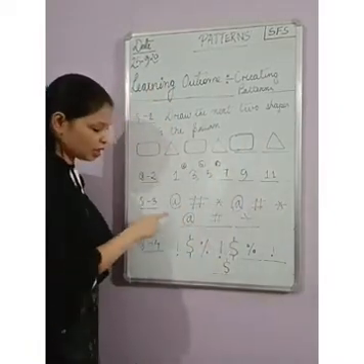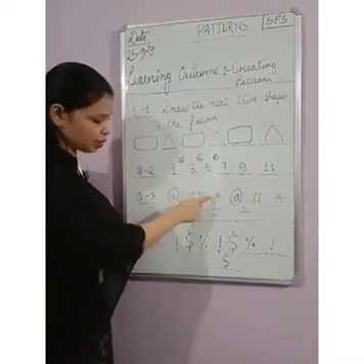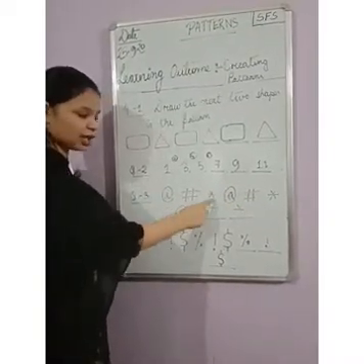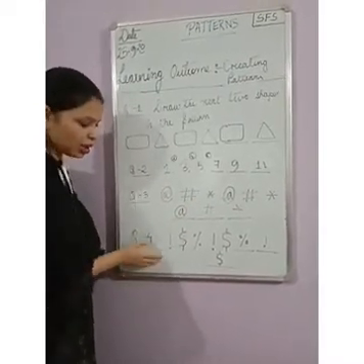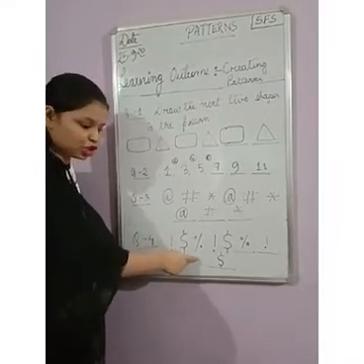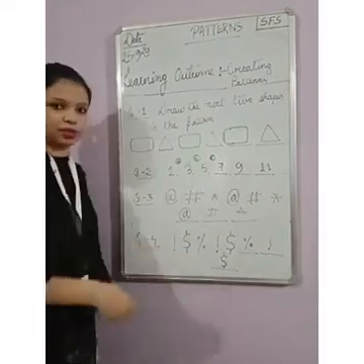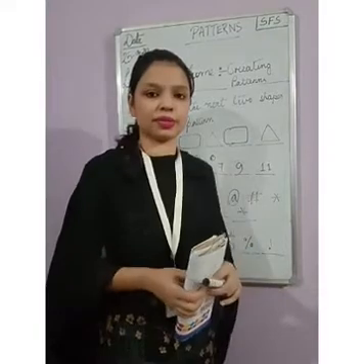Okay, similarly what will be the basic shape of this pattern? We can see 3 different symbols repeated again and again. So at the rate, hash and star will be the basic shape. Similarly, what is the basic shape here? The exclamatory sign, dollar and percentage. These 3 will be the basic shape of the pattern. Okay. So in this way we can create patterns.